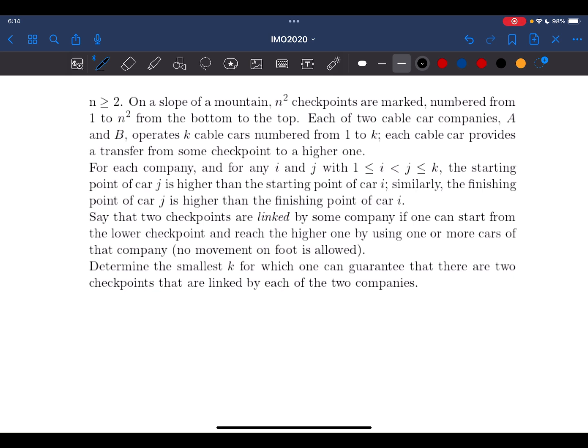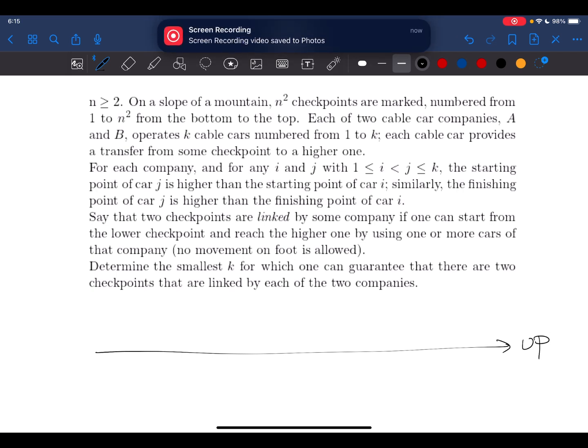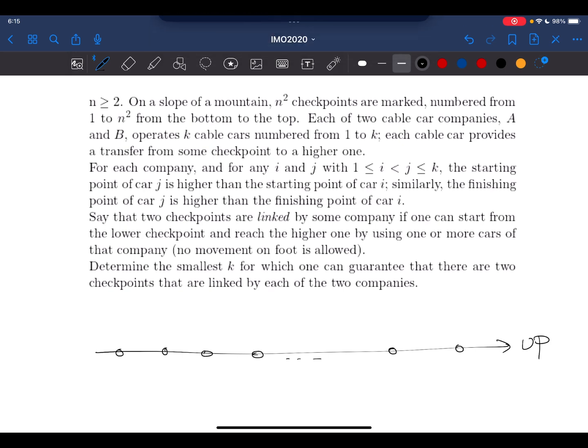The statement is a bit lengthy. Feel free to pause the video and read through it, but I'm going to explain it in a mathematical sense right now. Okay, so we are given a mountain. This is the mountain that we have and this is the up direction. And the question is telling us I have n squared checkpoints here, for some n